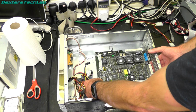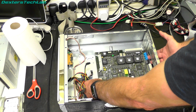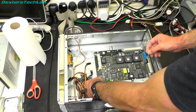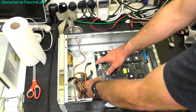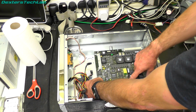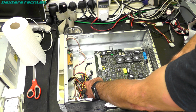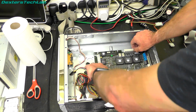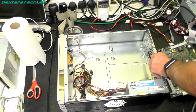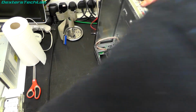I wonder whether there might be a slightly better option. Bringing it over this way means I might still have access to some of these rotary switches, which it's not essential, but yeah, it's nice to have. The SCSI port I'm using is going to be this one, so that's fine, and it's going to be near the drives. These aren't being used, so they're not going to get in the way of the fan on the power supply. Yeah, I think that might be an option. Now, as I said before, I can't mount this down right now because although this base here is not...